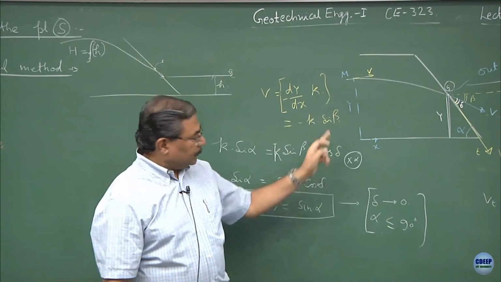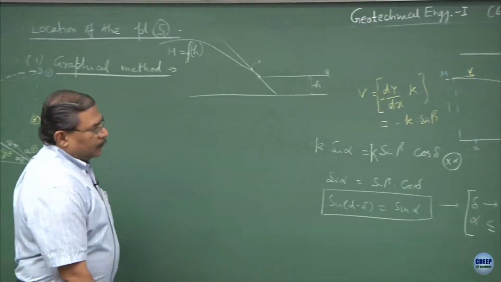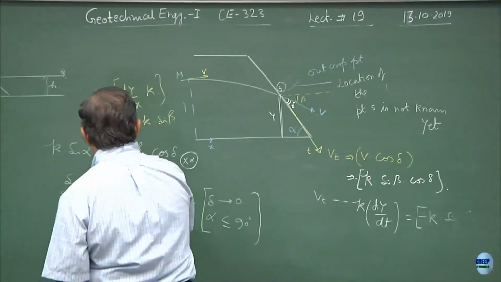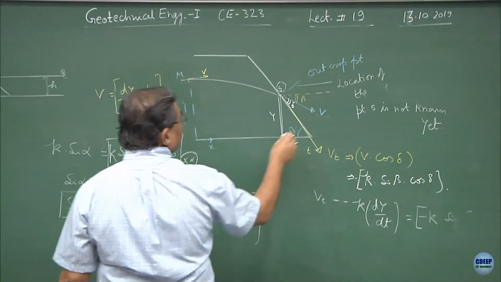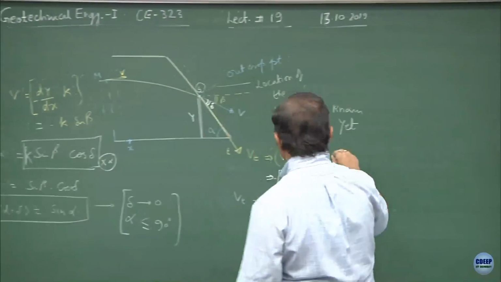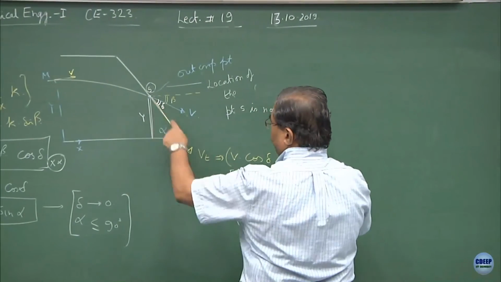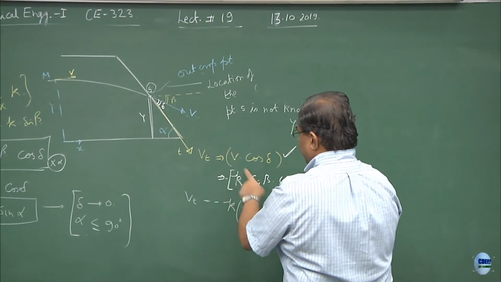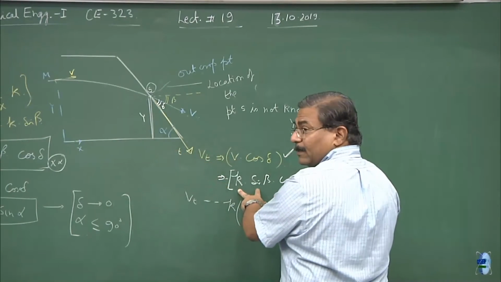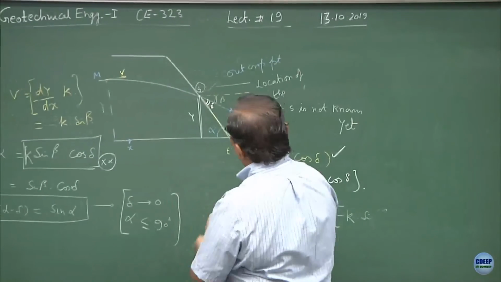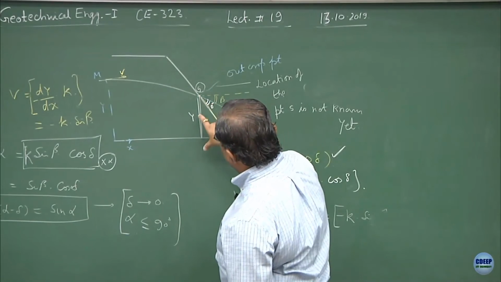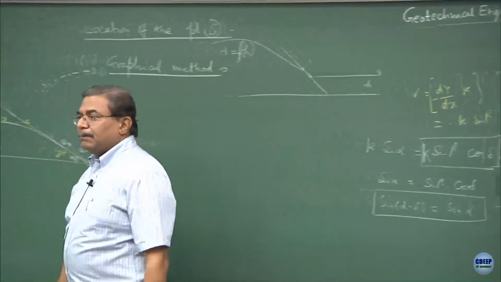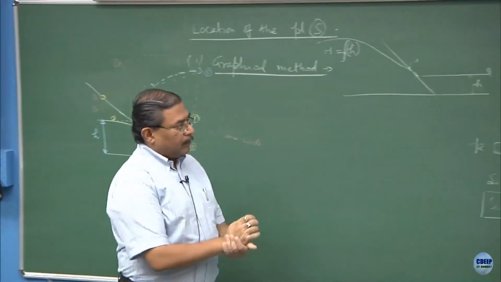But we get that expression from the previous expression, where we substituted sin beta equal to sin alpha minus delta. And this is the Vt value. If you realize, this is nothing but Vt, because this is my V cos of delta term and I am substituting for V from this equation. Clear? So this is another form of computing velocity, if I just differentiate the phreatic line multiplied by k.